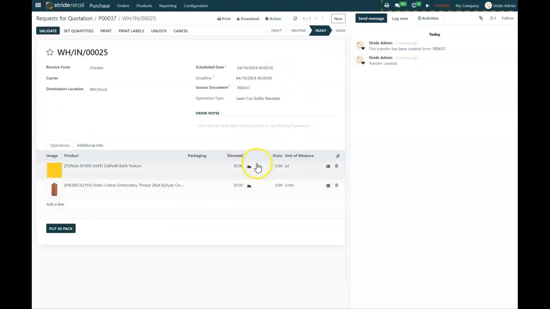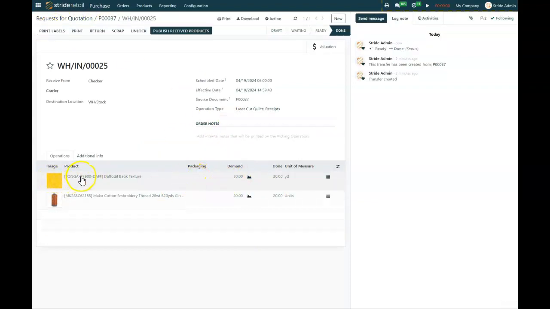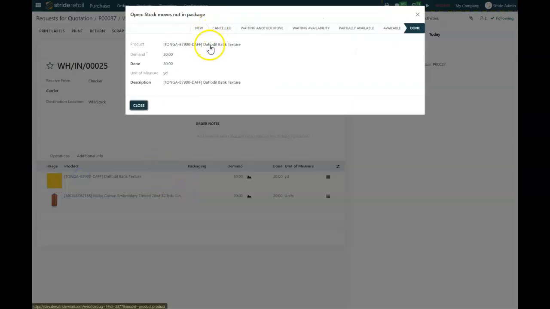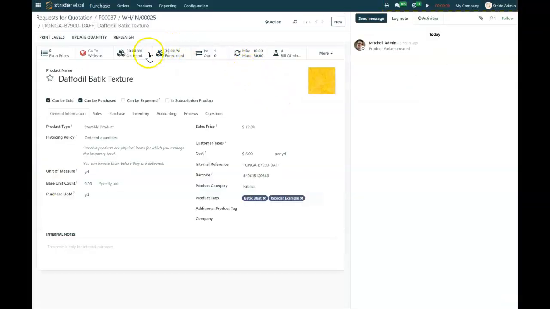So we've come in here. We know that's how we receive it, and now I can say, yeah, I received 30 yards, and I received 20 units. I want to break this out and count it, or I know that I have 2 full 10-packs. I'm just going to say, yep, that's what I received, and validate that. And now when we go look at both of these products, I have 30 on hand, 30 forecasted, and this cost here